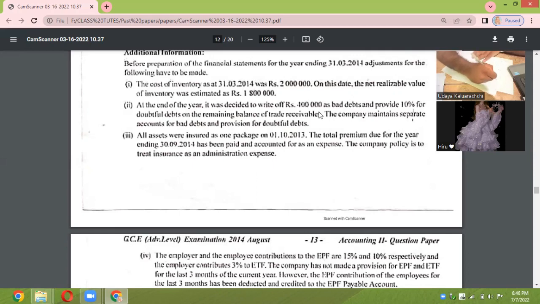March 31st. Then all assets were insured as one package on 1st of October. So it is the mid date of this year. The total premium due for the year ending